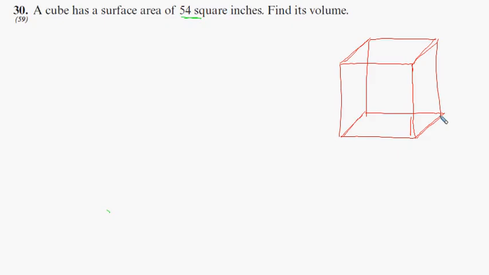Which means that if it's a cube, this side is the same length as this side is the same length as this side, and that's why I'm using an S to represent sides. Surface area, as you will recall, in the case of a cube, you've got the face. For example, the area of this face right here is going to be S times S, length times width, right? And how many of those faces are on this cube? Well, there's 6 of them. So we have 6 times S squared is equal to 54,